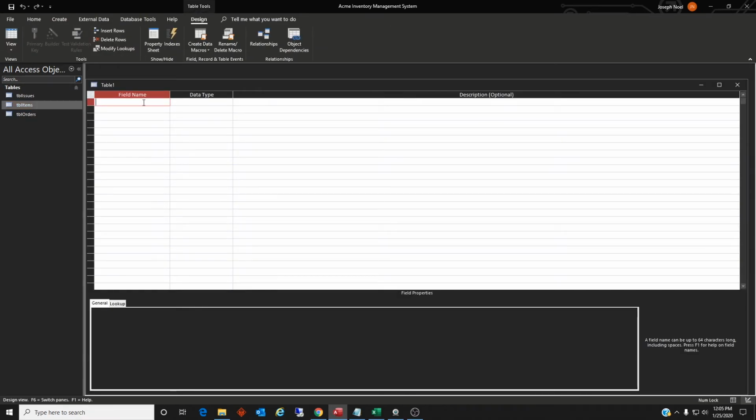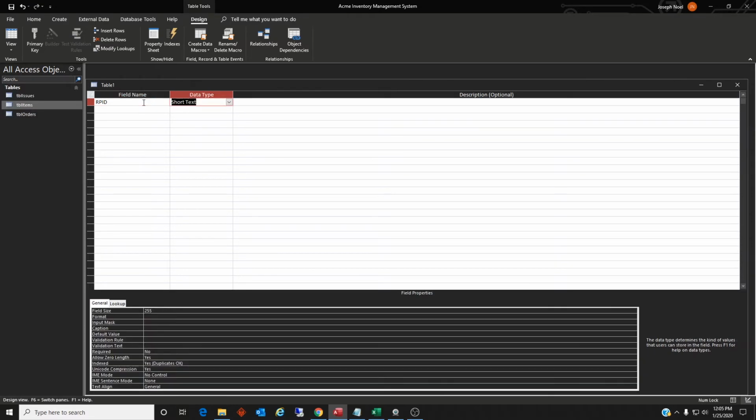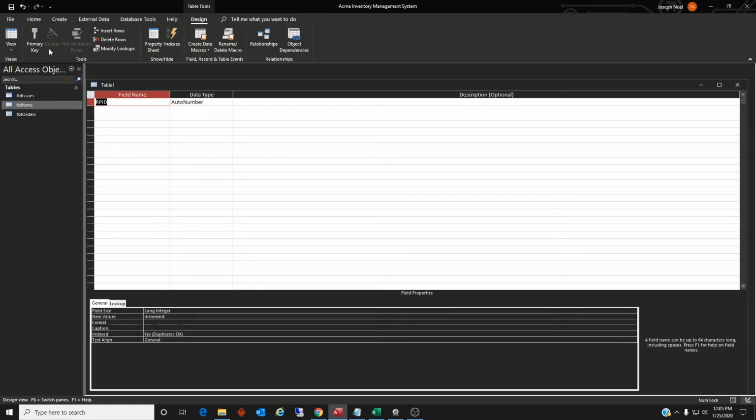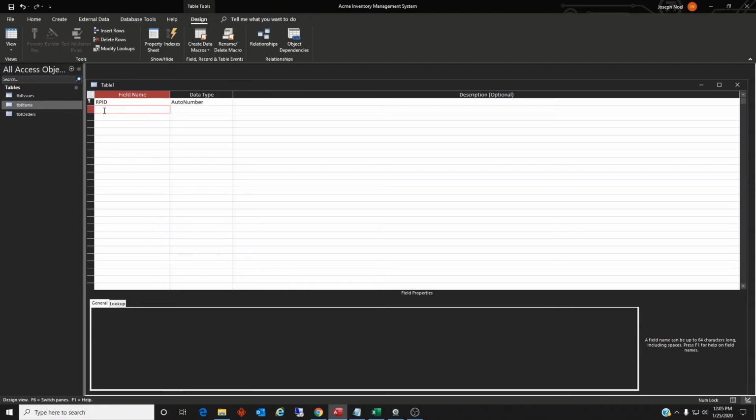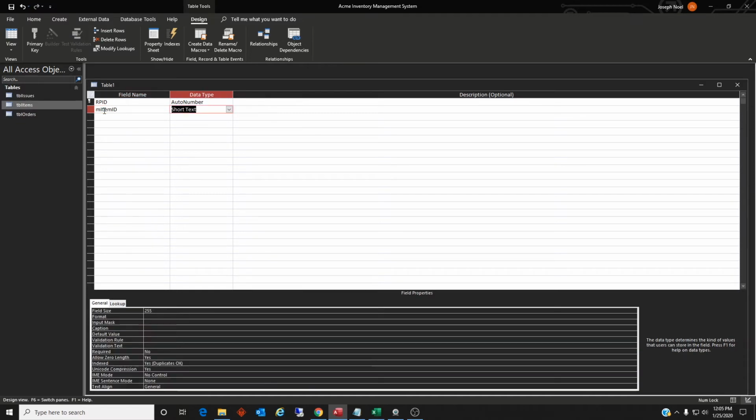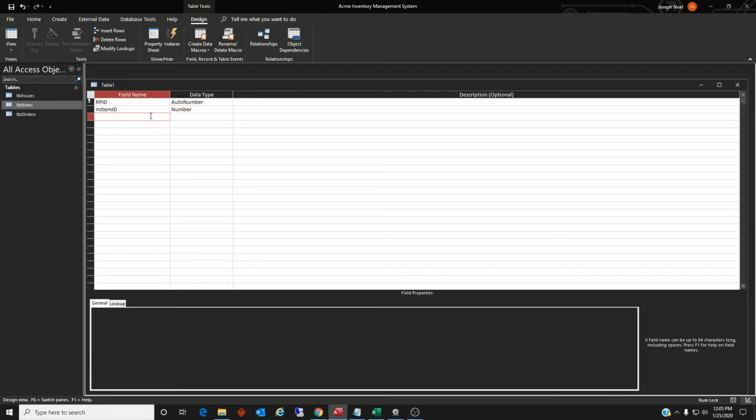and this is going to be a reorder point ID, auto number. Good practice to have this on everything. But then we're going to have that master item ID from the items table, so we know how to link these two tables together. A master, which is the table items, and a child, which will be this table reorder point. So this is a number,